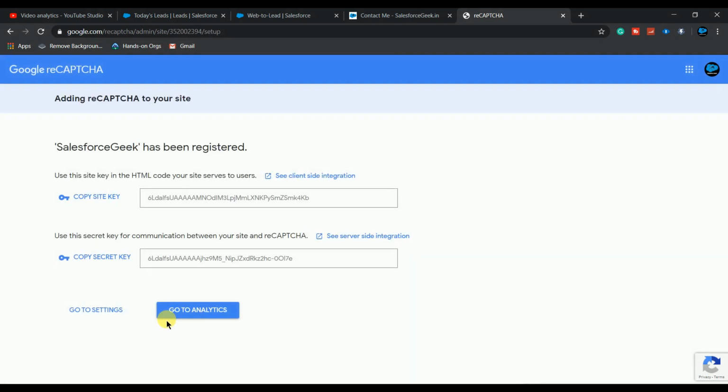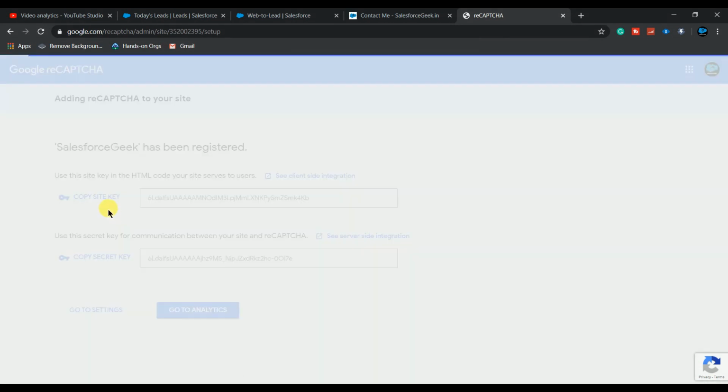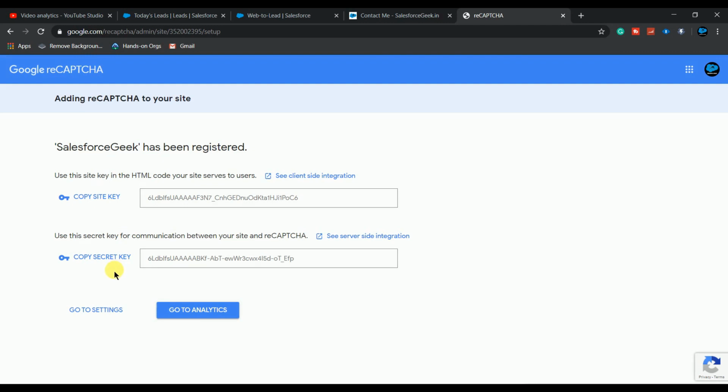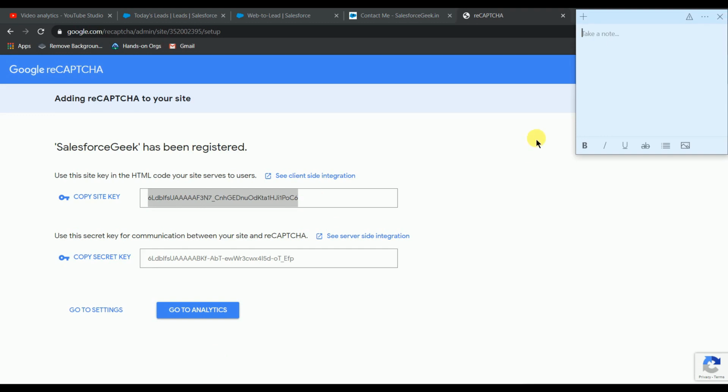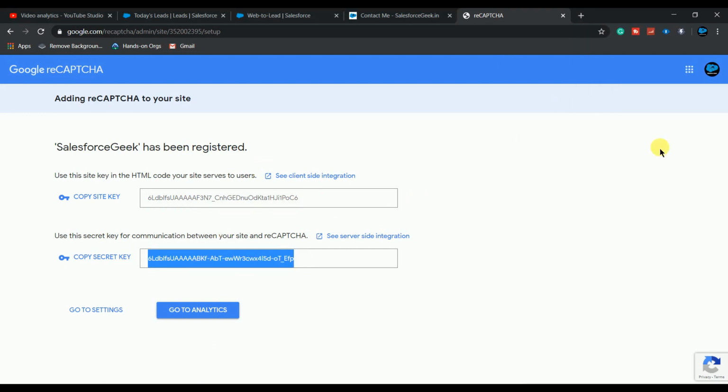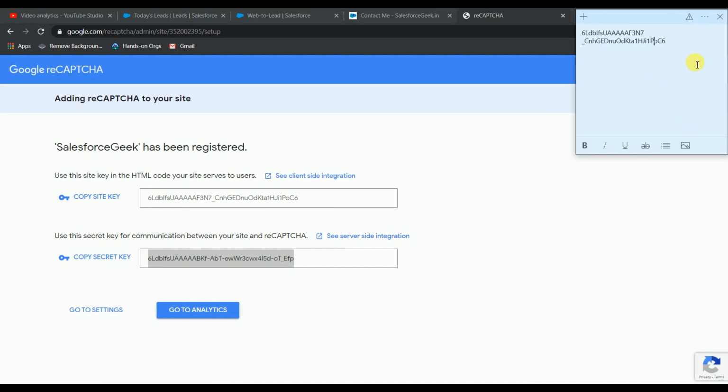So as you see, I am having a copy site key and copy secret key. So simply let's copy both of them into a sticky note, and so I copied down both.